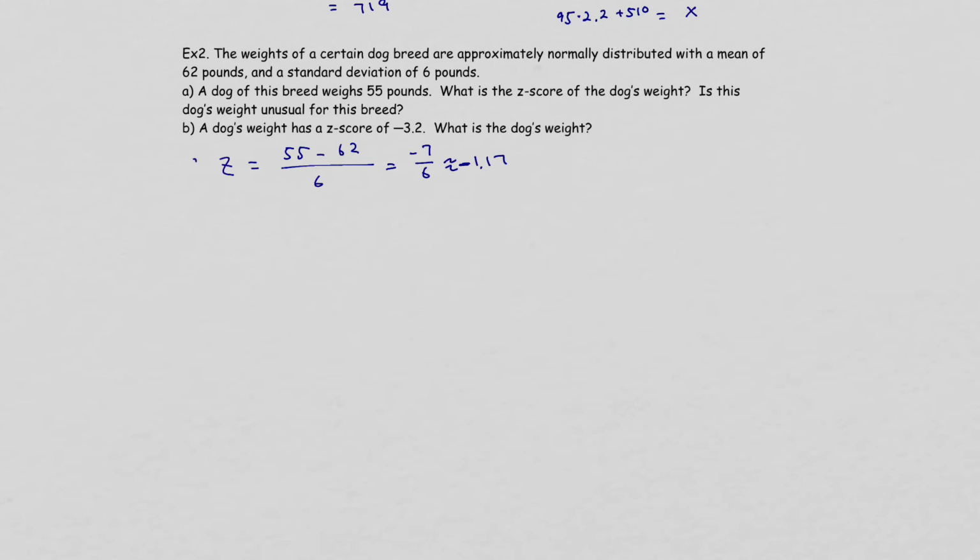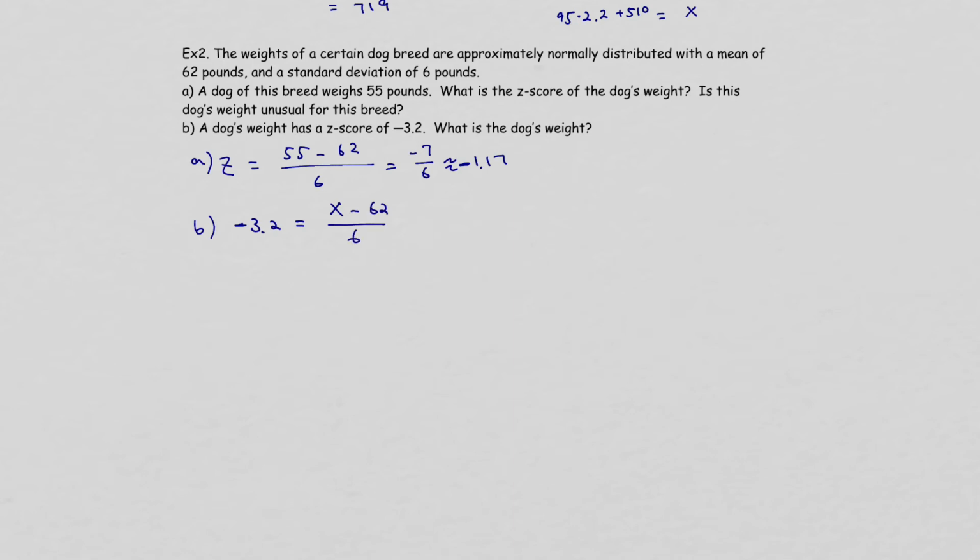What about B? It says the dog's weight has a Z-score of negative 3.2. What is the dog's weight, right? So if we replace this, we're trying to find the weight. The Z-score was negative 3.2. We're trying to find actual weight minus